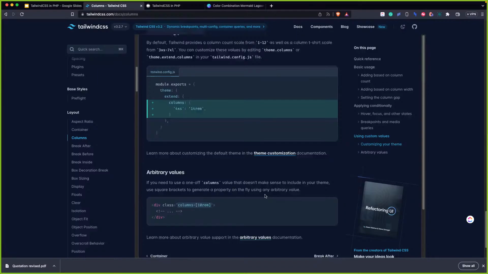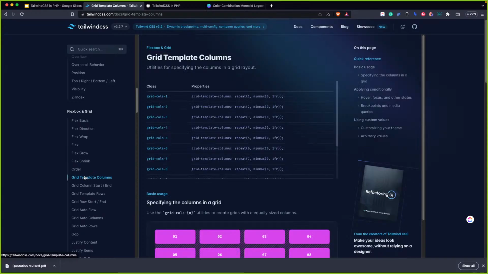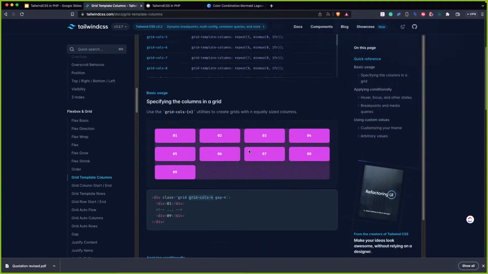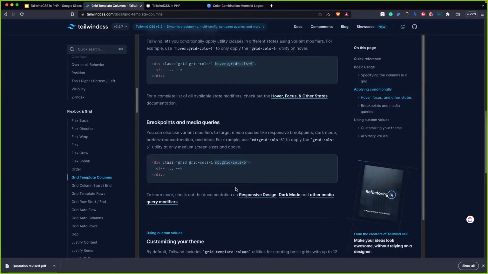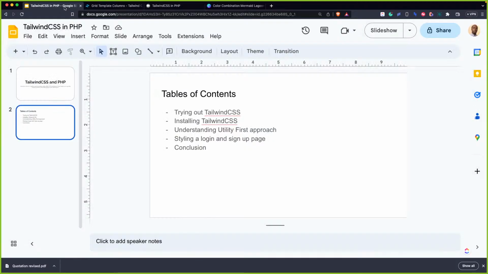You learn how to develop layouts. You can look at the flex and the grids and learn how to design layouts like these, so on and so forth. So we shall look at how to install Tailwind and do a serious Tailwind project in the next